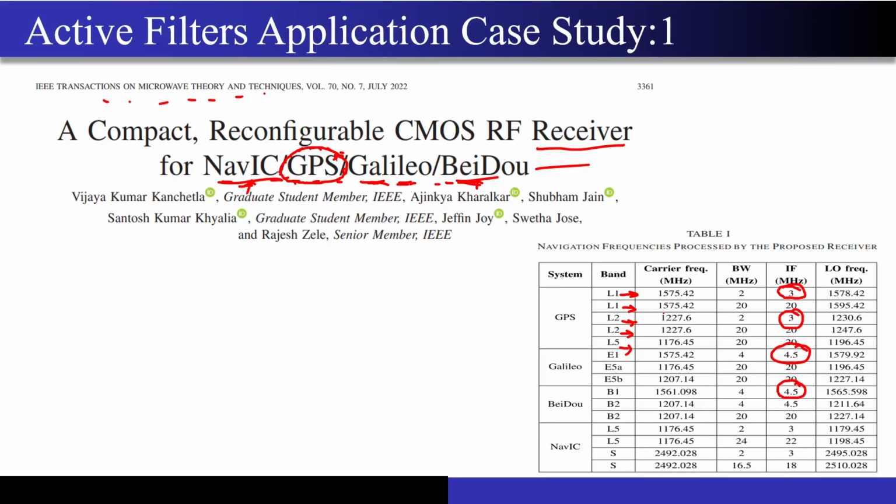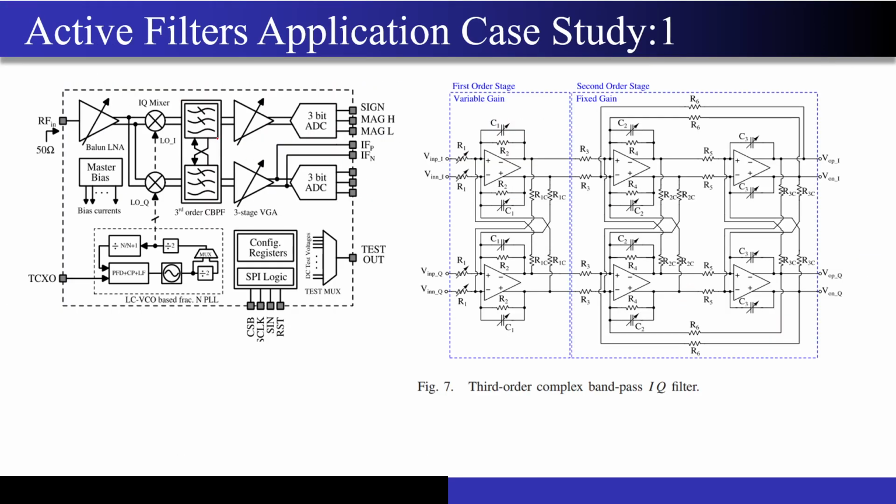Correct? So that is why, if you go into the circuit details, you can relate it. This is my LNA, this is my mixer, and these are my baseband filters. So this is the structure that they have represented over here. Now, if you compare this structure, they have not modified the resistors. They have modified just the capacitor, because varactors are very easy to implement in CMOS technology.